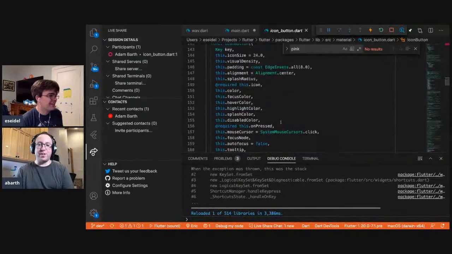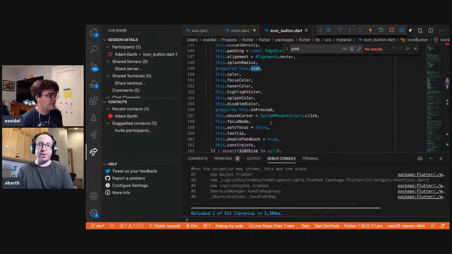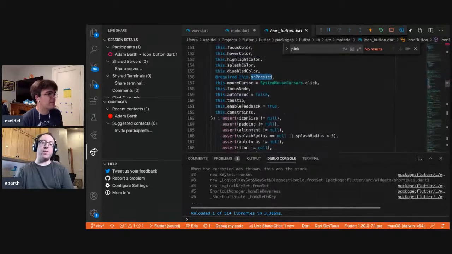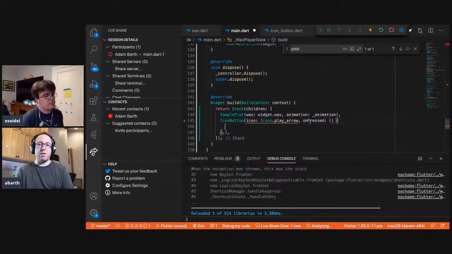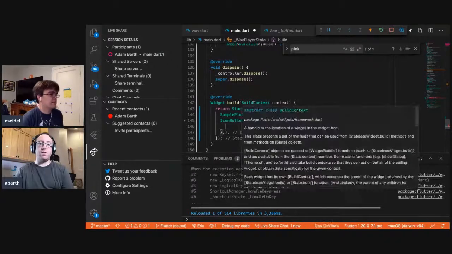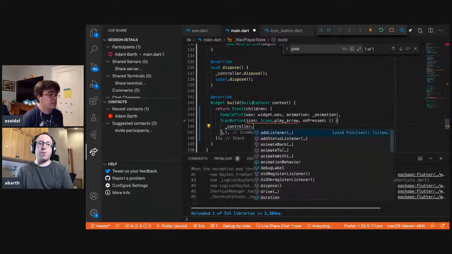Yeah, so this thing should call us back with like on something, which will tell us when required on pressed. On pressed. Oh, okay, so when the user presses the button, I guess it calls us on pressed. On pressed, and then we want to what? We want to like toggle our controller dot. I wonder if it has a toggle method.